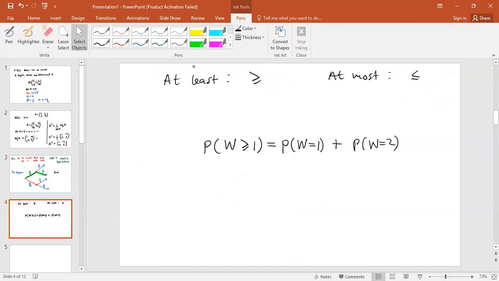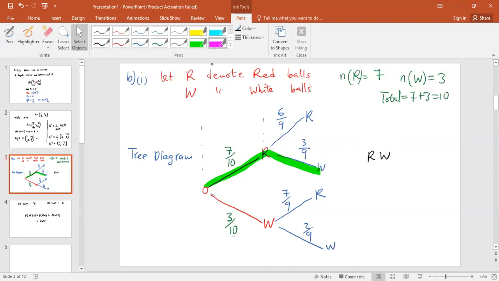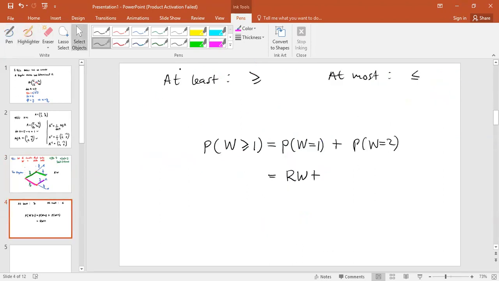So we have red, white, plus, let's go back to our stem and leaf. We'll use a different color. We can have white and red, white and red, plus finally we have